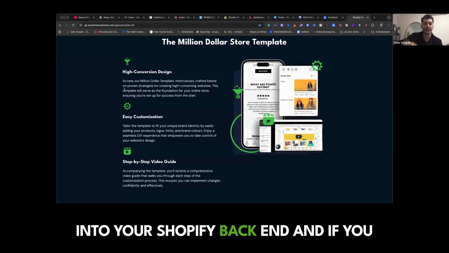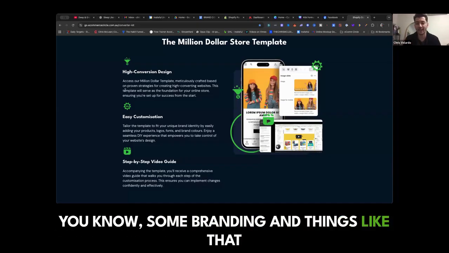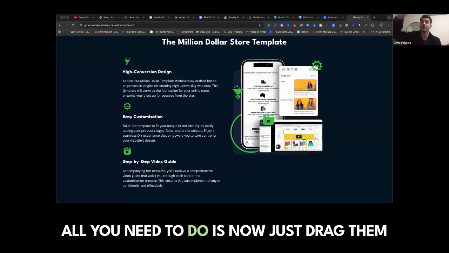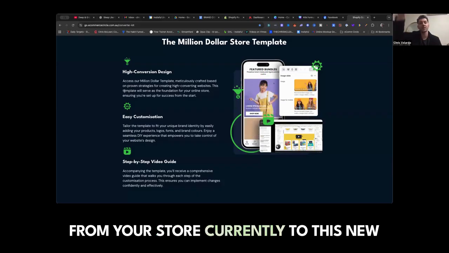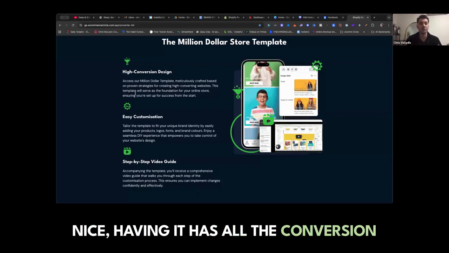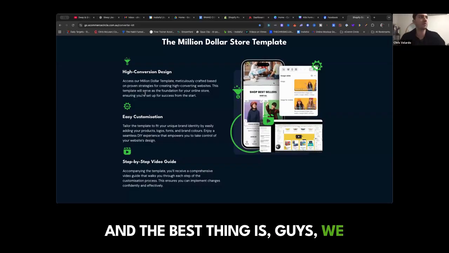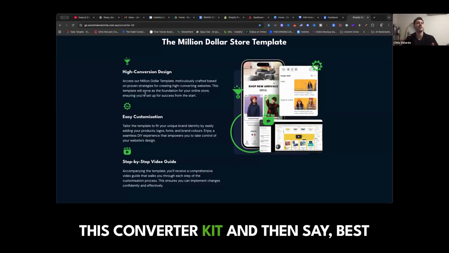into your Shopify backend. And if you already have a website with products and some branding and things like that and images, beautiful. All you need to do is now just drag them from your store currently to this new store. And once it's all there looking nice, it has all the conversion elements, then bang, you're ready to go live. And the best thing is, guys, we don't just give you this converter kit and then say, best of